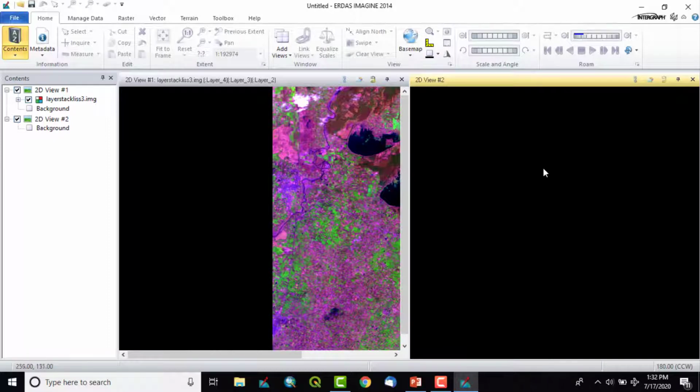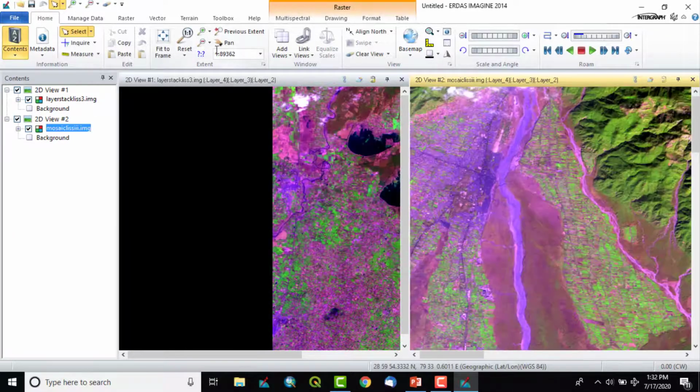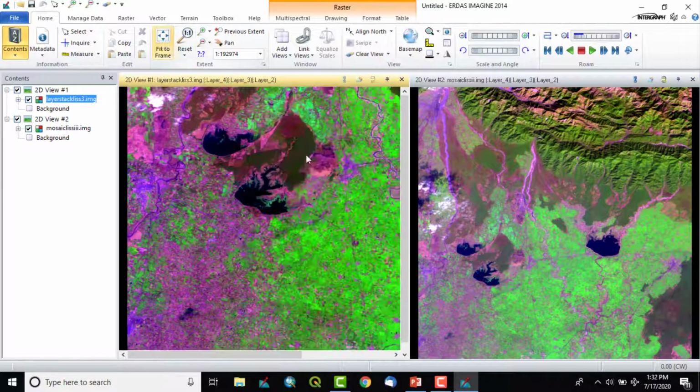You can see a new view has been added, so that we can add different data and you can see both of the data at a glance. So here it is a different image than this, and both images are visible because we could take additional 2D views. So I can close from here, and here also you can see in contents, here it is 2D view 1 and the layer we have added is this and this is that, this particular image.